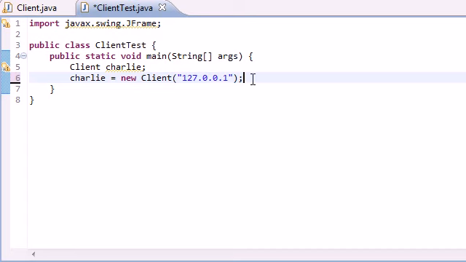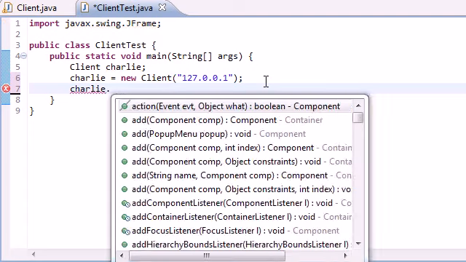But just for testing purposes, so everyone watching this on YouTube can follow along, just go ahead and put this address, 127.0.0.1, and it's going to run on your computer. It's going to view it as a server. So now what we need to do is give Charlie a setDefaultCloseOperation,